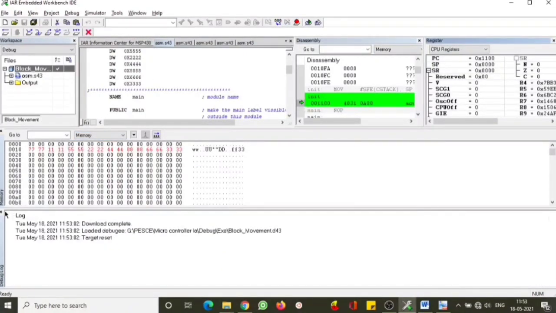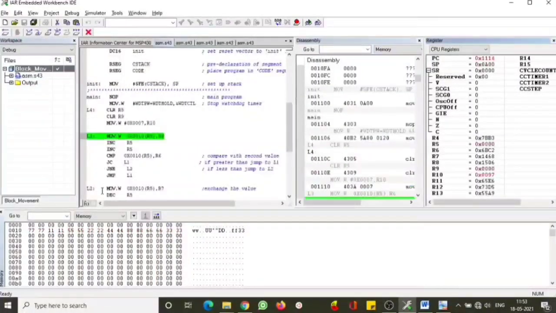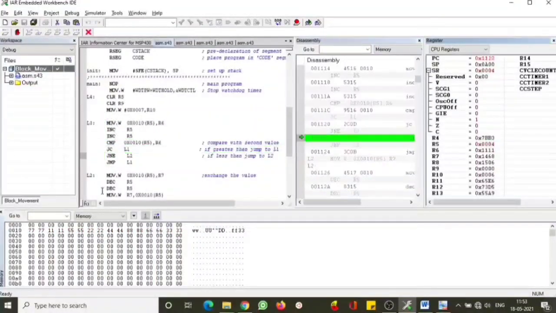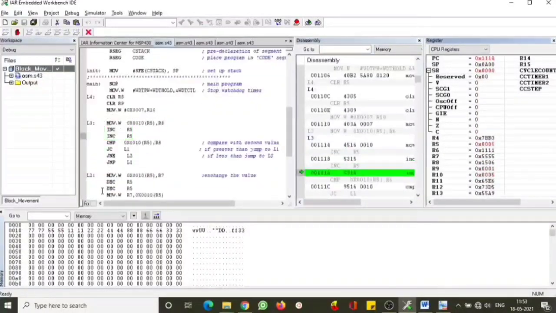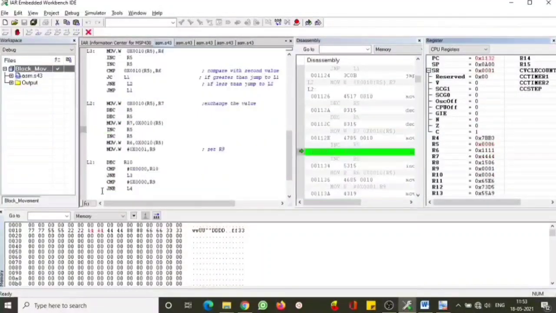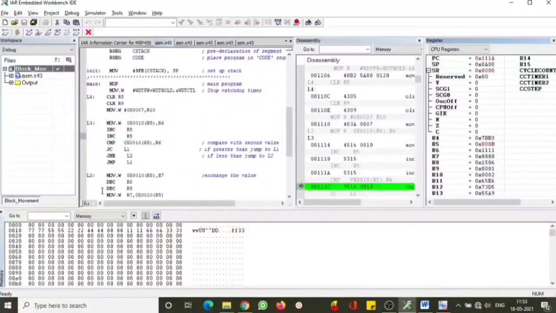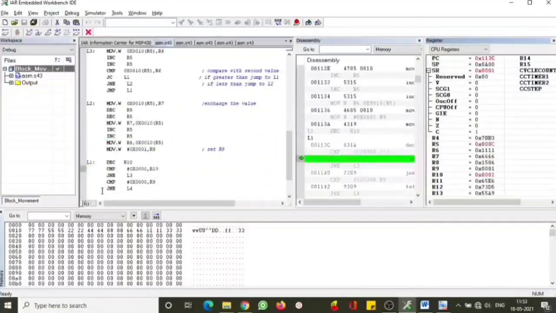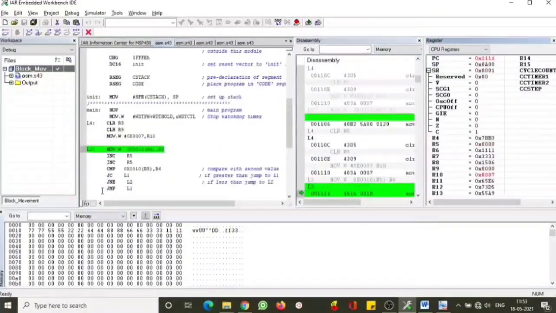Now what I'm going to do is run it. What I want is that whenever the highest value is on the left hand side, no exchange is to happen. Therefore I'm first checking the first value, that is 77911. Since it is not there, it will not exchange, but the other value will be exchanged. Can you see that when the value on the right hand side is greater, it will exchange. So 11 will automatically come down to the bottom. With one small change, we are able to see that the program has been changed.